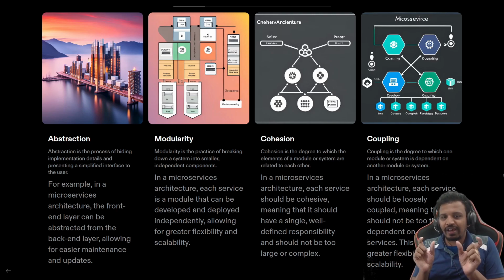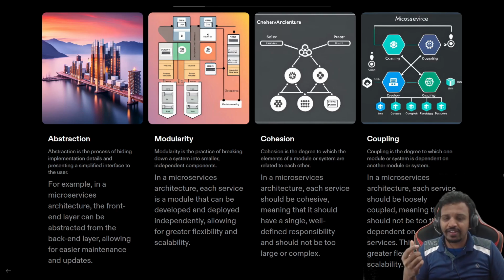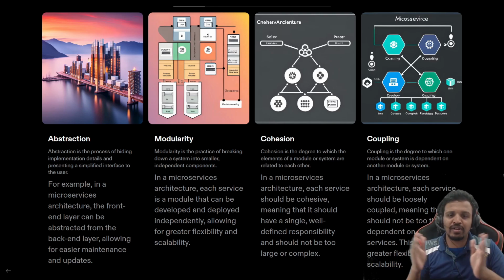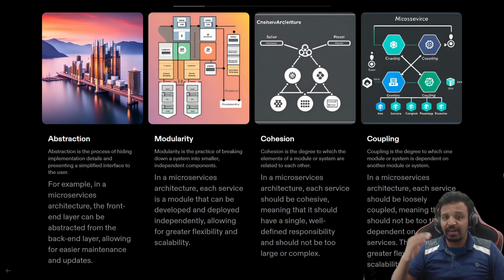These are a bit confusing initially, but for a good system, cohesion should be more, and only then will it be part of a service. Coupling should be less, and only then is it called a good system, so that there is less dependency among everything. If everything is dependent on each other, it gets messed up. It's a waste. If one component fails, the complete system fails. With that mentioned, let's move on to the next principle.